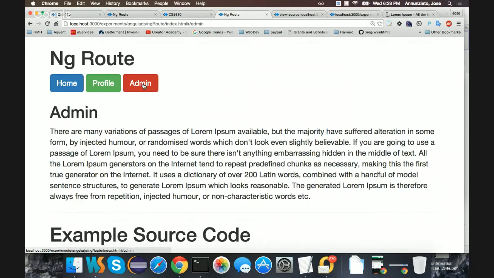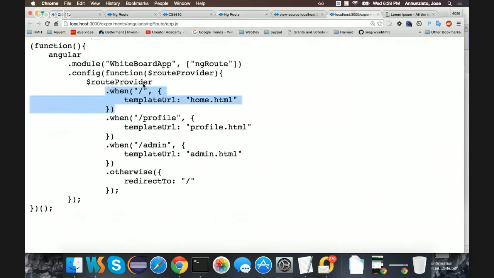It doesn't go out to the server. Well, actually it does go to the server, but it does that internally. It uses Ajax, right? It says, oh, so /profile. Okay, well, what should I do? If it hasn't loaded it already, it'll generate an Ajax call underneath, like we did a couple weeks ago